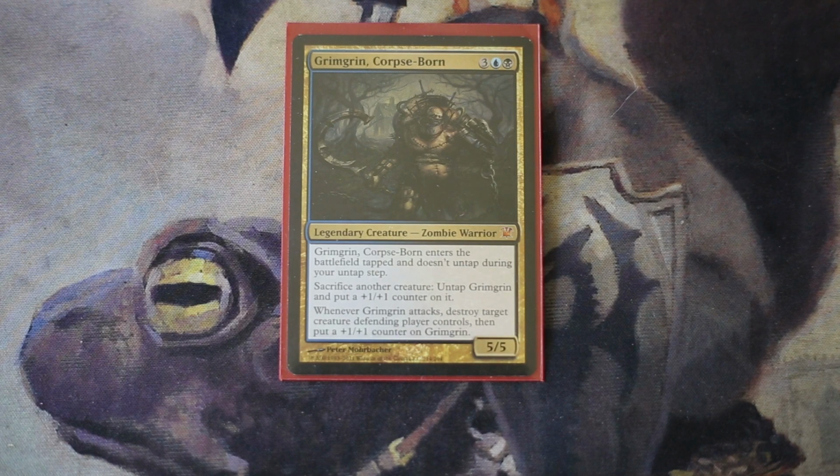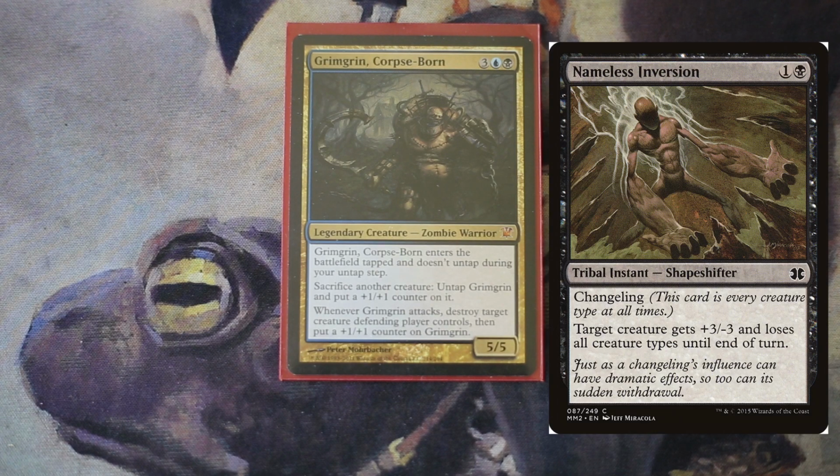Another card that I want to mention real quick is Nameless Inversion. I ran that for a little while. Absolutely sweet. 1 black and 1 generic for a tribal instant. Shapeshifter instant, so it's like a zombie instant because it's a shapeshifter, it's all creature types, but it gives a creature +3 power, -3 toughness, and it's absolutely sick as a removal, killing any